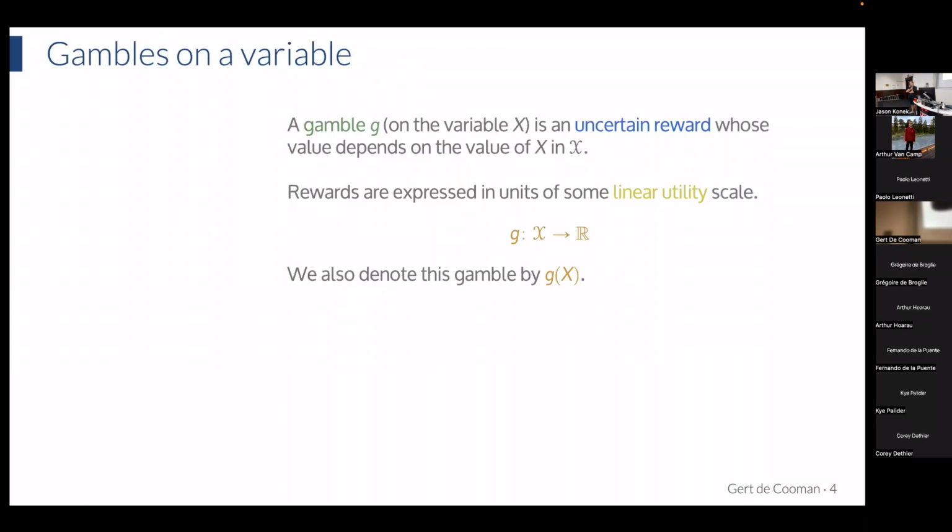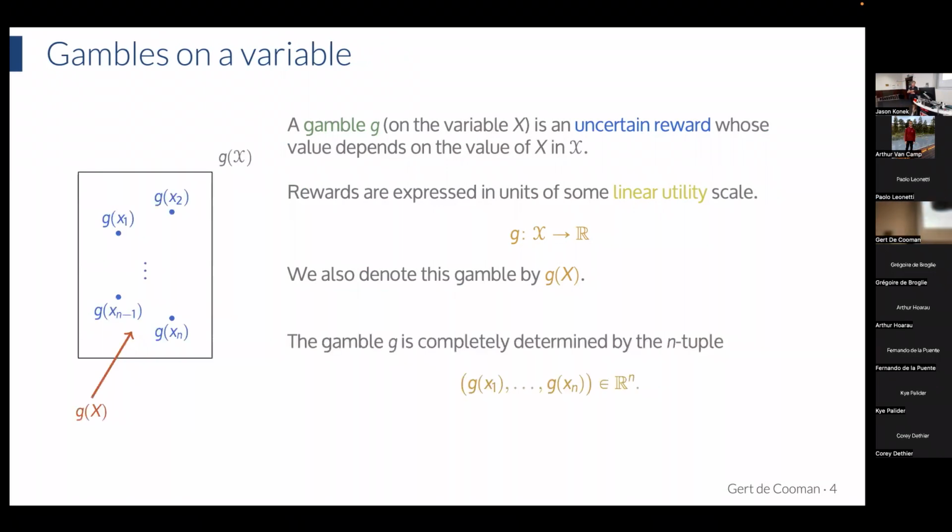The notion of a gamble I've already talked about. It's an uncertain reward, and the value depends on the value that this variable assumes in X. So there are a number of possible values, one for each possible value of X. So all the possible values for X are x1 through xn, and then all the possible values for this gamble, which is a function of X, are g(x1), g(x2), through g(xn). And since I'm uncertain about X, then I will typically also be uncertain about the value of g(X). Unless g is a constant, then of course there is no uncertainty, but typically I'll be uncertain about the value